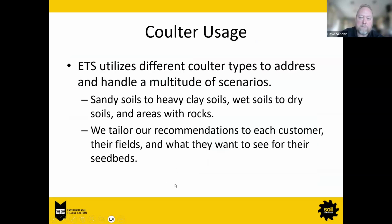Let's see here, go to the next one. I guess this just kind of touches on what I was just talking about as far as the different types of coulters. We always carry a lot of coulters on hand and a lot of different types of coulters to address and be able to service